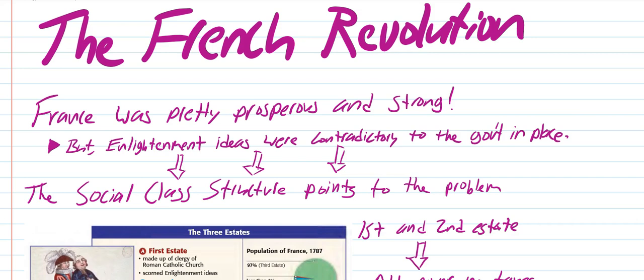Now, really, what this unit is all about is the revolutions that would happen as a result of enlightened thinking. And so, up until this point, we've seen this kind of a clash between new ideas through the Renaissance, the Scientific Revolution, the Enlightenment, the Age of Exploration, the Protestant Reformation, and we've also seen this attempt at monarchs through absolutism to kind of really rein in what's going on and hold everyone fast to an old style of government and society. And so what the French Revolution quite literally is, and many of these other revolutions, is going to serve as a point by which those two ideas come together and